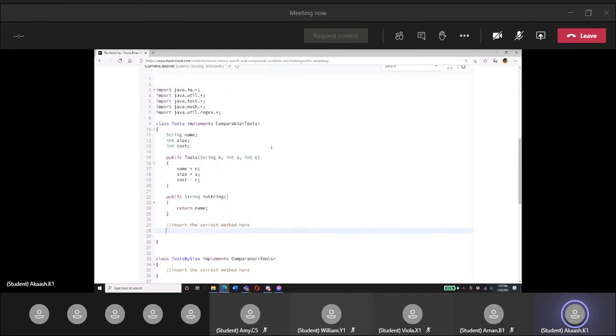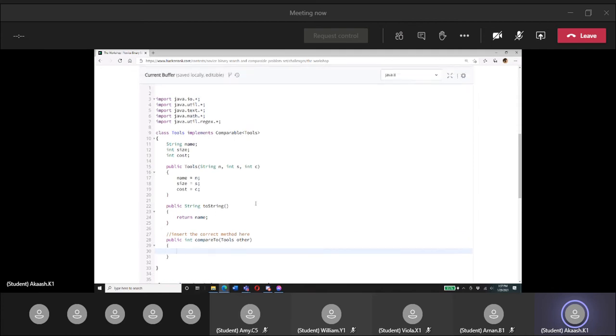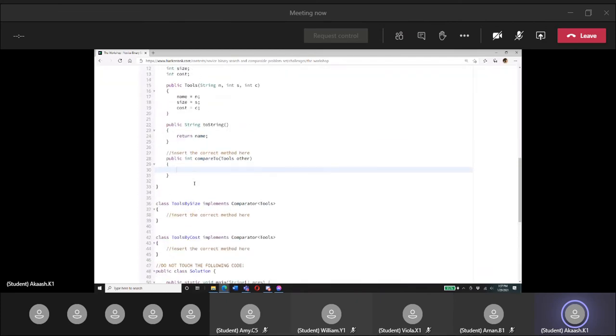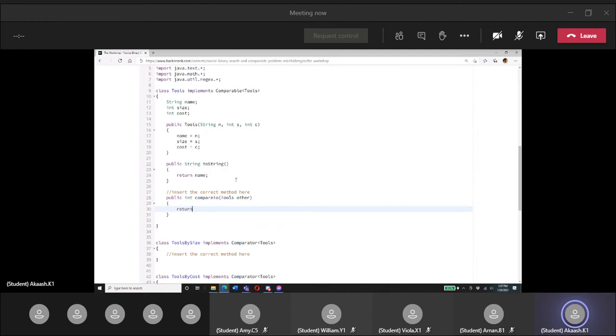So all classes that inherit from the comparable interface have to have a public compareTo method, and then in there that just goes Tools other, which is what we went over in last week's lesson about how comparator works. And then we wanted to sort in ascending value of C times S. So then what we can return here is just return this.size times this.cost minus other.size times other.cost, and then that will